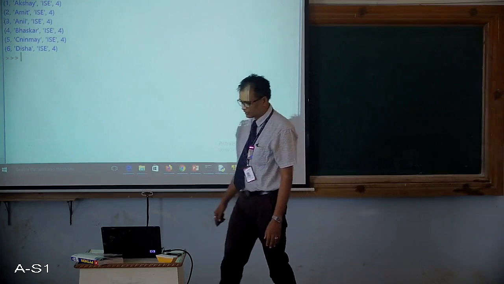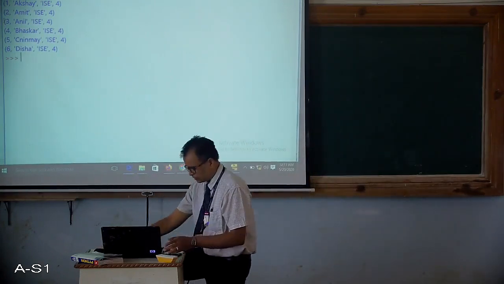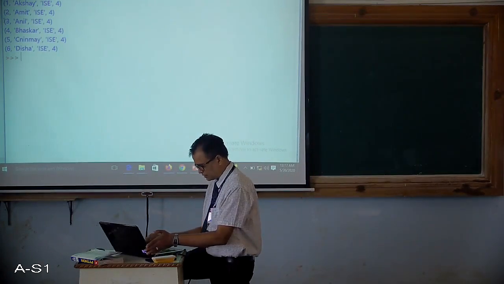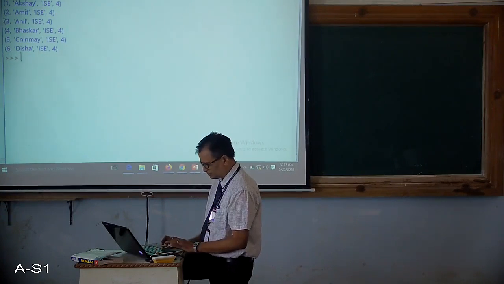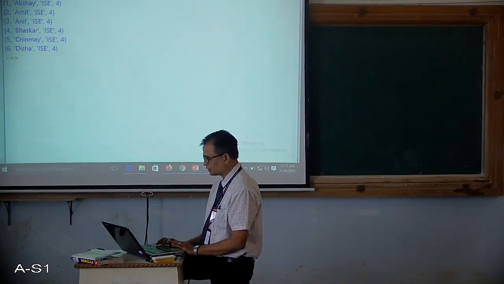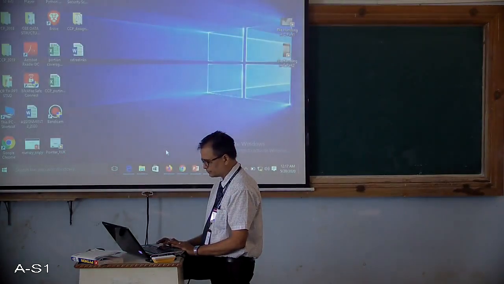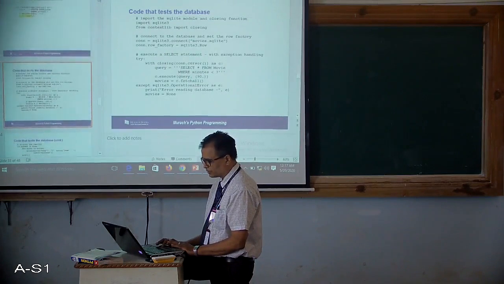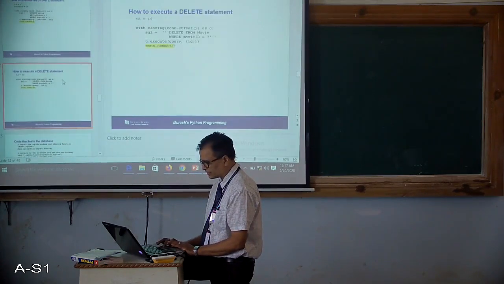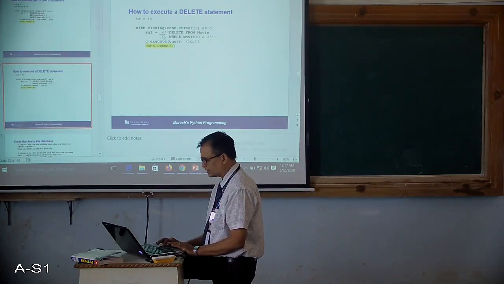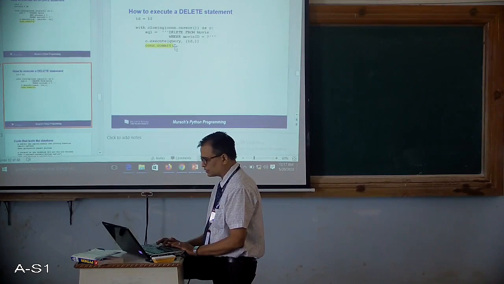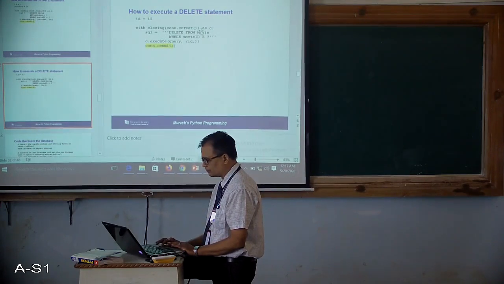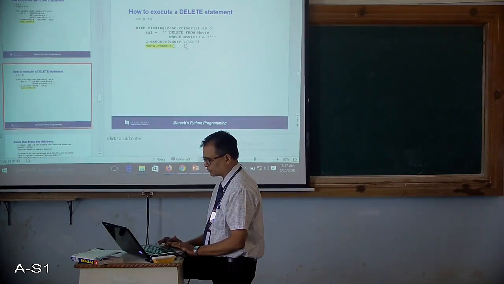Okay, let us try to write delete. How to do that? First let us find out the syntax for delete. Do it meticulously, it is not necessary that you should do it very fast, do it leisurely, but you should do it properly. Okay, so delete from a table name where this, and execute it.